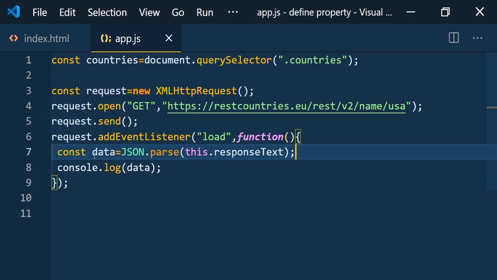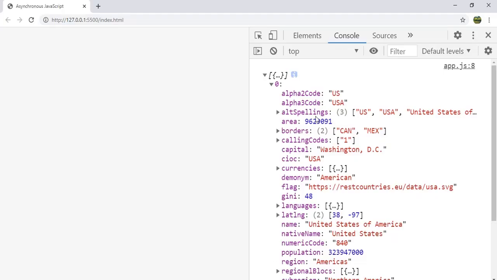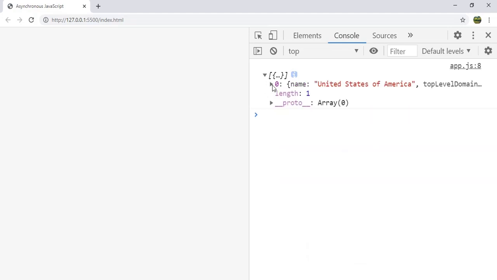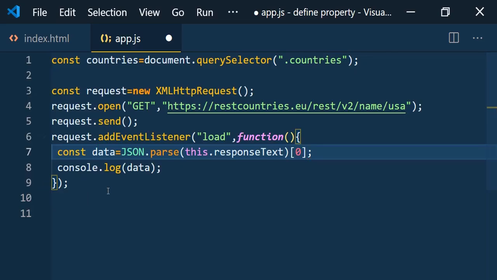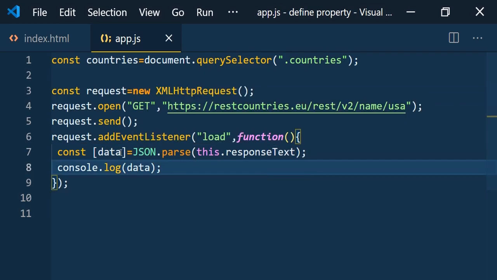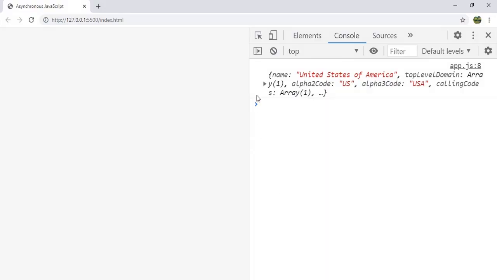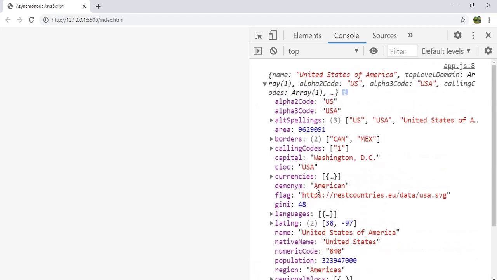We can do it in two ways. We can do it like this, because it will give the zeroth element from the array, and of course it is having only one element, so it directly gives this object. Otherwise, you can use the ES6 way like this, so it will destructure the array and it will assign the first element to the data. Now if you go and save and print here, you can see that it directly gives the first object.